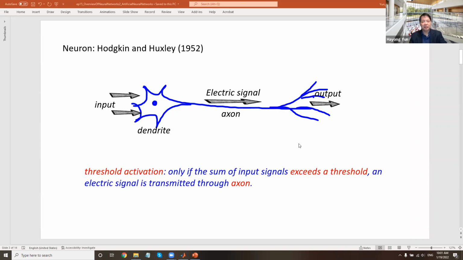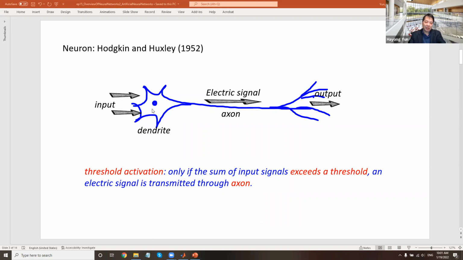Well, in the 1950s, two scientists, Hodgkin and Huxley, observed in a giant squid how the neurons work and figured out the biological or chemical mechanism of how electric signals are transmitted in a neuron. And that excited them a lot. And basically the summary of the findings is that,